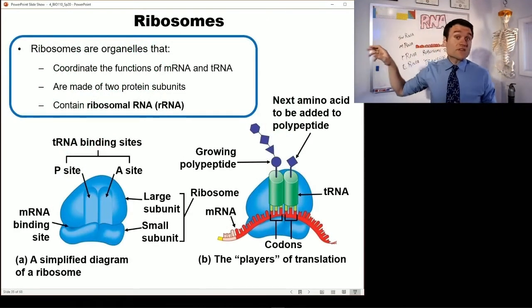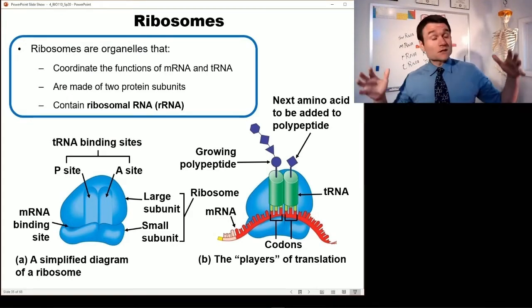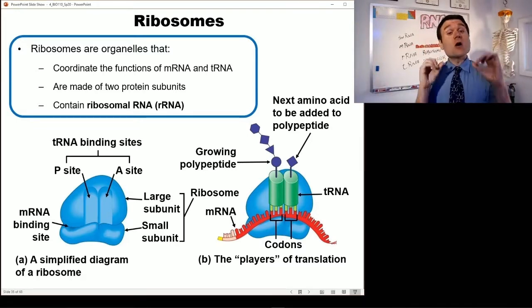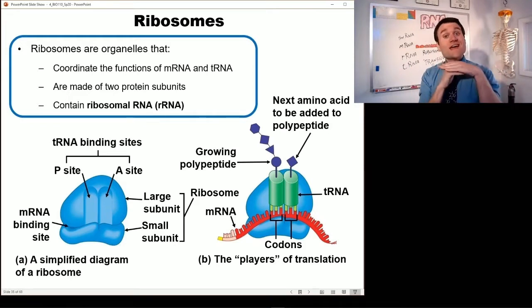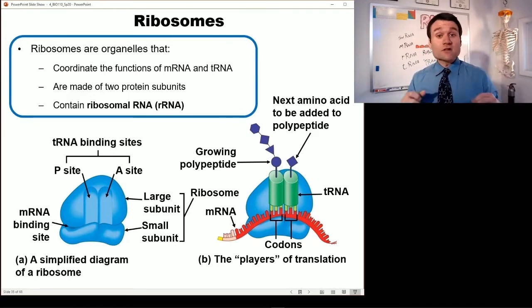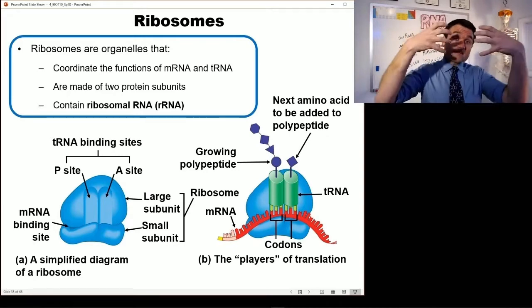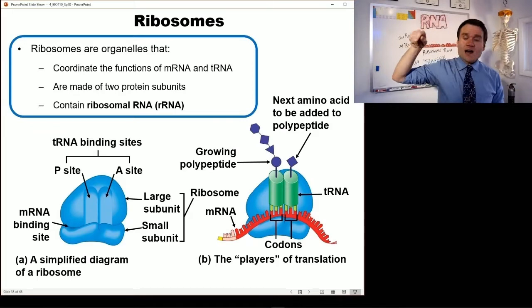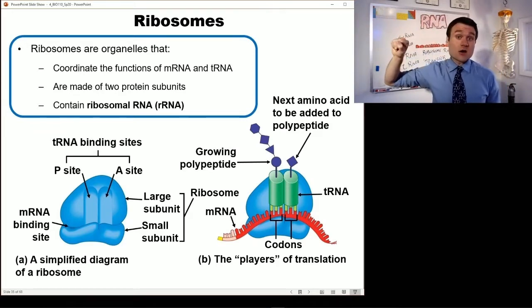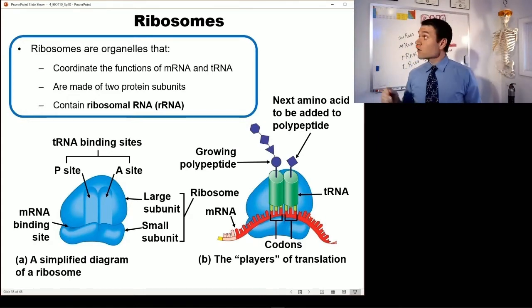Now, the ribosome is actually made of two different parts. They're called subunits. You have the large ribosomal subunit and the small ribosomal subunit. The small ribosomal subunit kind of holds the mRNA in place. It attaches it and it helps it to kind of move down the line as we are translating. The large ribosomal subunit contains these docking sites for the tRNAs to be able to enter. So you can see these little pockets. It has the A site and the P site on it. There's actually three. There's an E site to the left of the P site, but it's not on this diagram